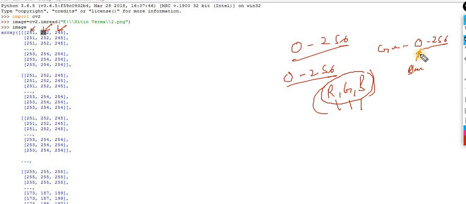Just understand the concept. This 0 pixel will represent, in grayscale, a value that might be black or might be white. I will confirm it, don't worry about it. And this 1 pixel is, if it is black, then it is white. So 0 we can consider as black, and it's a white. So all the colors are between this range.